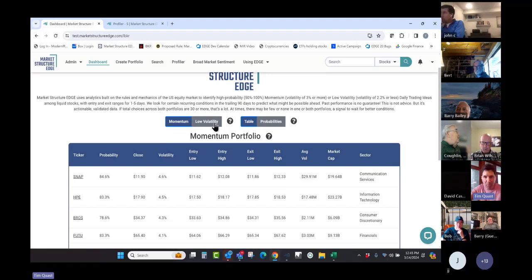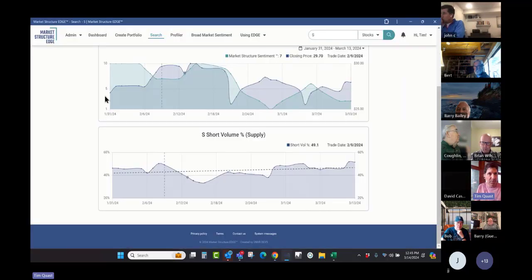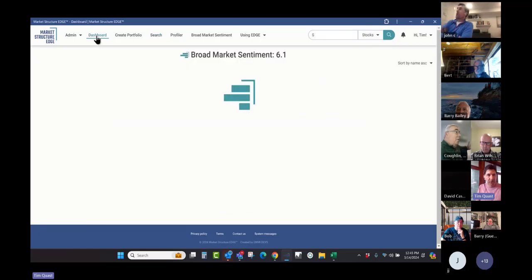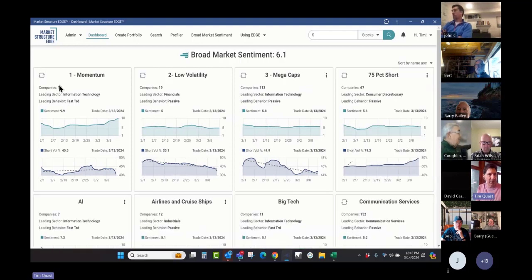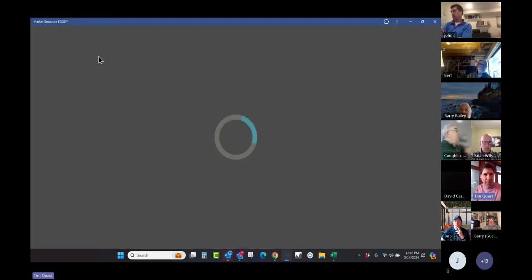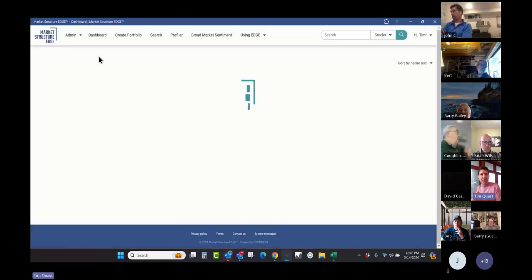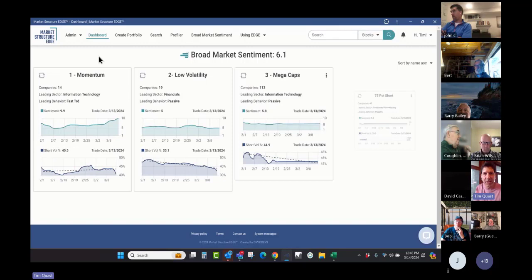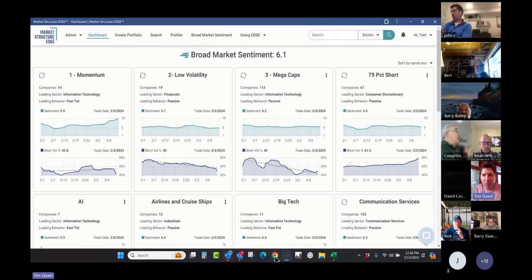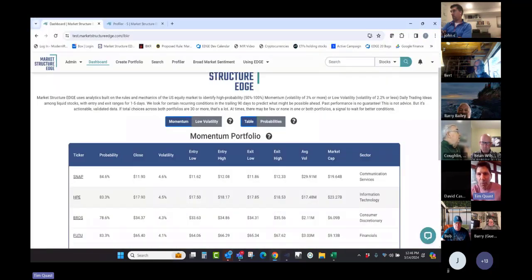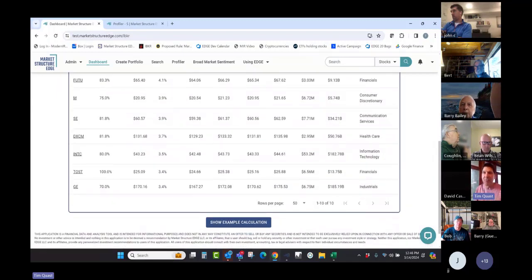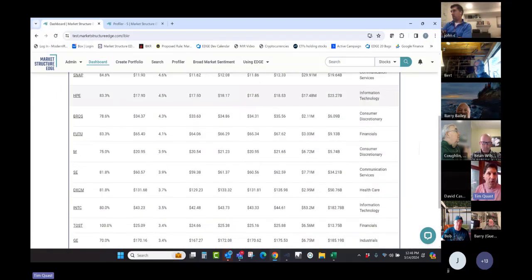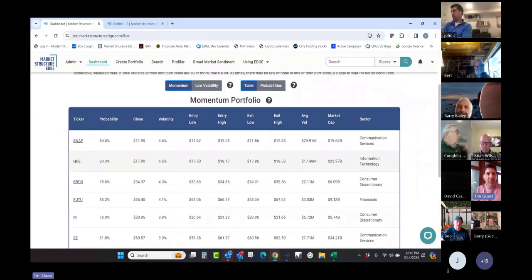So you'll notice in momentum today, if you look at the platform, let me go over here. If you look at momentum today, I want to say it's got, yeah, that's right, 14 in it. So I want to make sure that that's refreshed. I thought there was, yeah, it seems right. So if there are 14 in it, there are not going to be 14 in this new view because 4 of those, I think it is, didn't have 50% probability. So this has 10 in it, and the default sort is volatility.